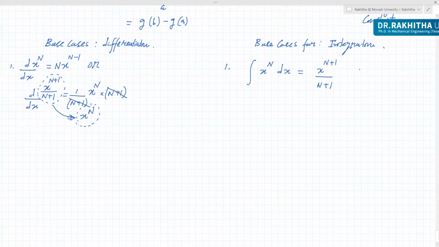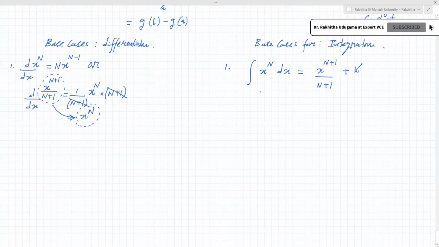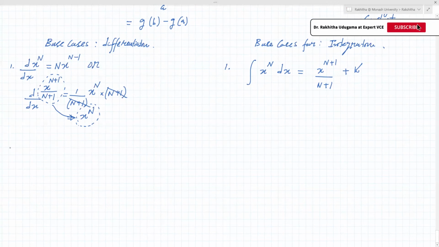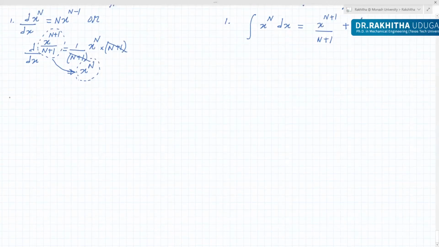Then this is not a finite integration. So then you have to use a constant, right? We call it a constant. You don't have this lower and upper boundary. Always you are introducing this integration constant. Now that is all about it. So the variations we will learn later, but now we will understand all the base cases. Now the second one.